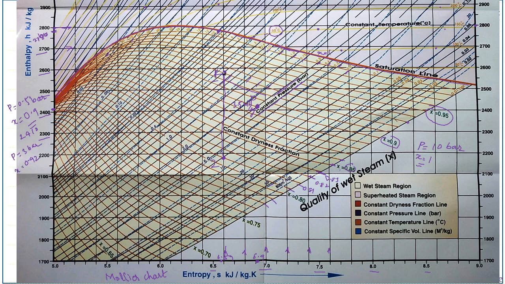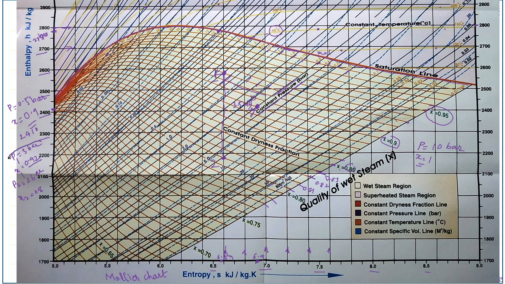So this steam is expanded from point 1 to 2 up to the pressure of, we can say, pressure P2 of 0.2 bar. So we can find out all properties at point 2 directly. We can find out enthalpy, entropy and dryness fraction also. Dryness fraction corresponding to this point we can read here as 0.81. So at point 2 the dryness fraction x2 is 0.8, and x1 is already given in the problem.